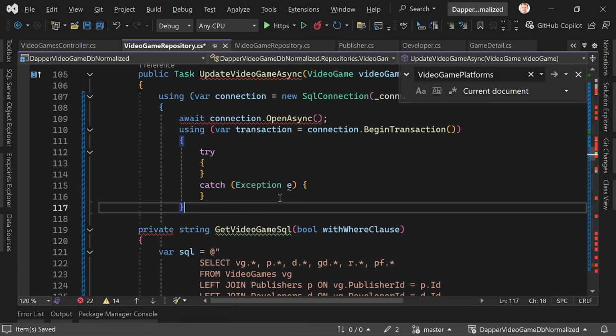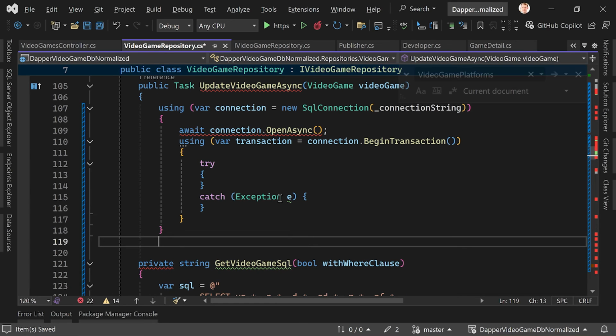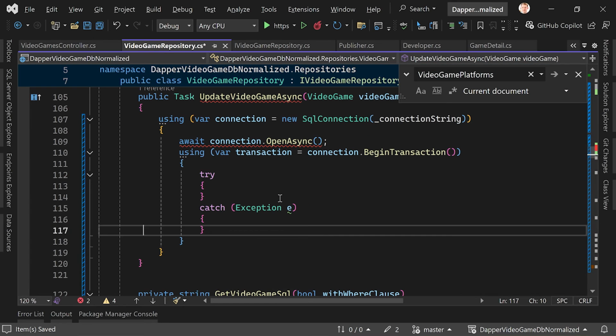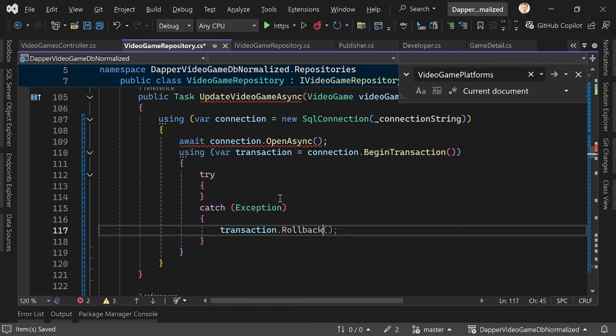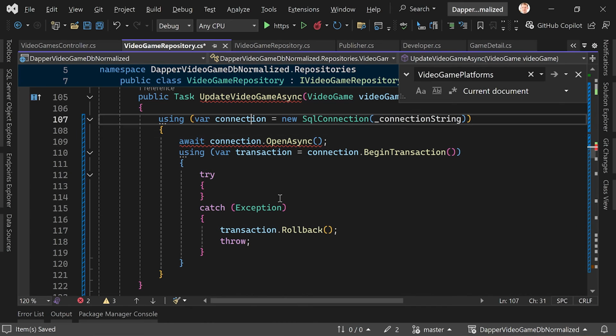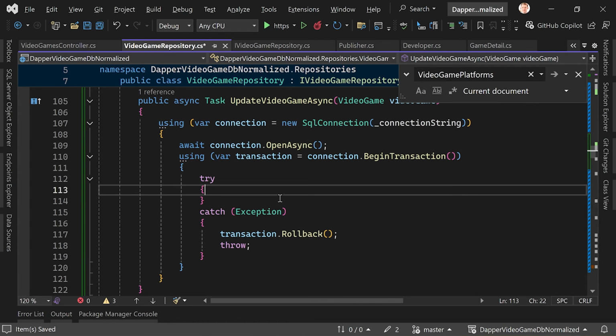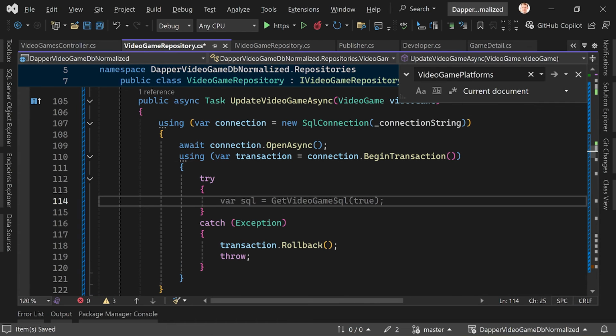Exception, using closed, another using closed, and then closing the method. Transaction roll back, throw, and this is an async method, so let's add the keyword, and then here comes the